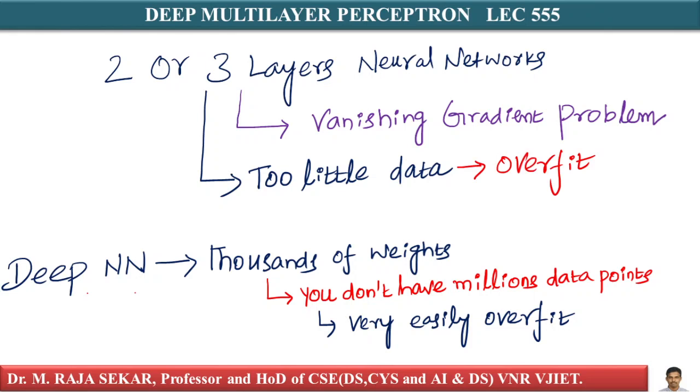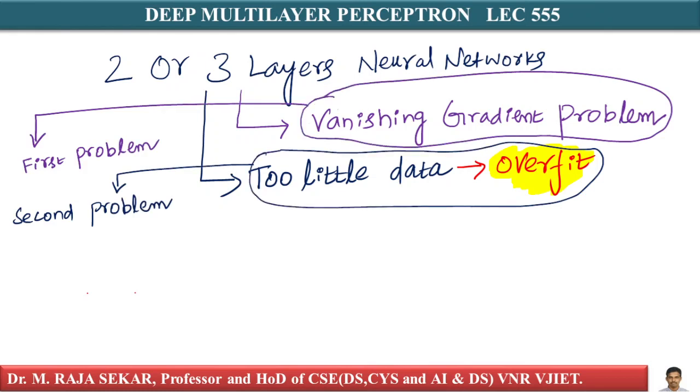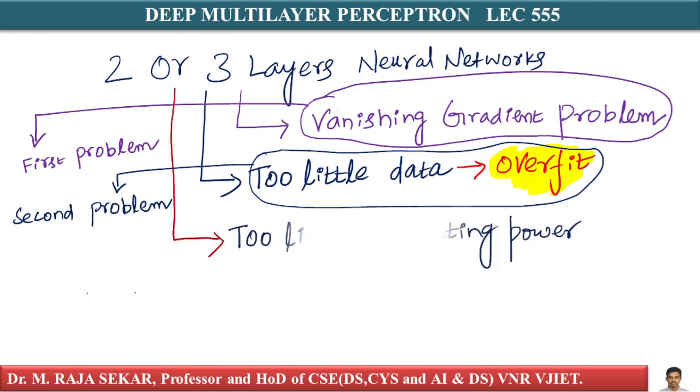Lots of shallow neural networks were very popular in the 1980s, 1990s, even up to the early 2000s. We had two or three hidden layer networks. We had little data to operate with in the 1990s, or I can say the pre-internet era. What is the second problem? The second problem is too little data, the first problem is the vanishing gradient problem, and the third problem is